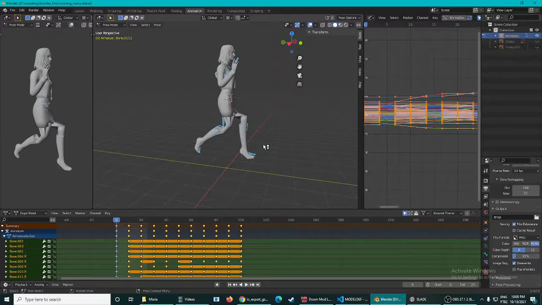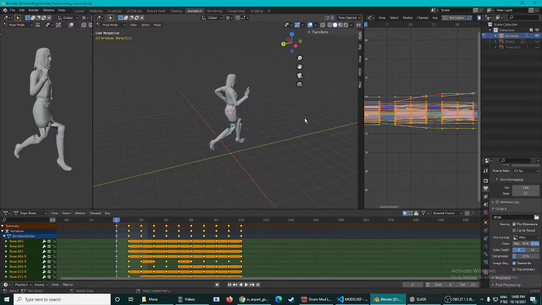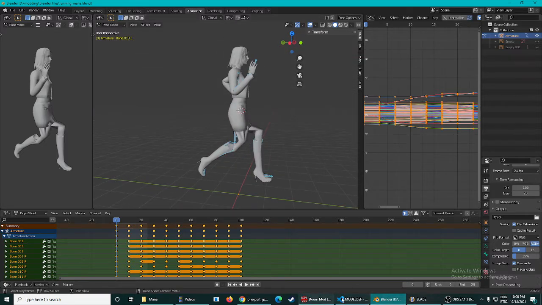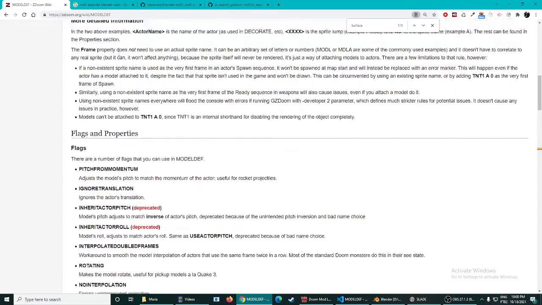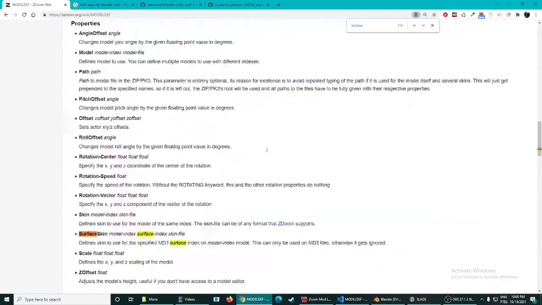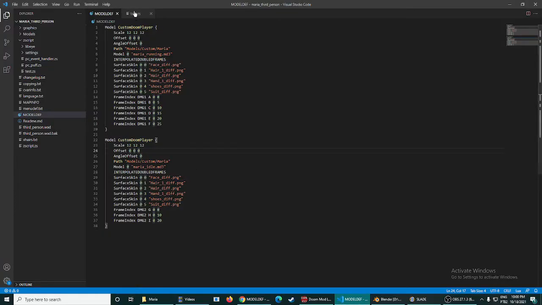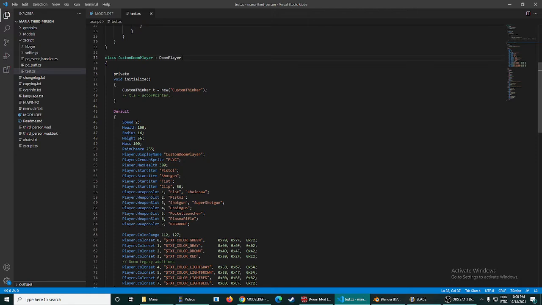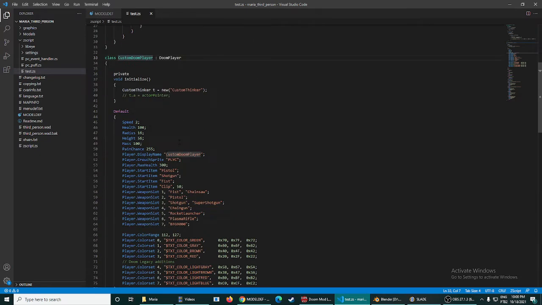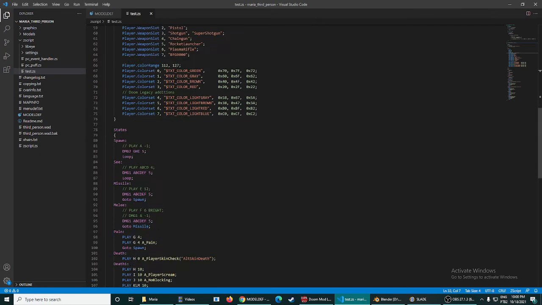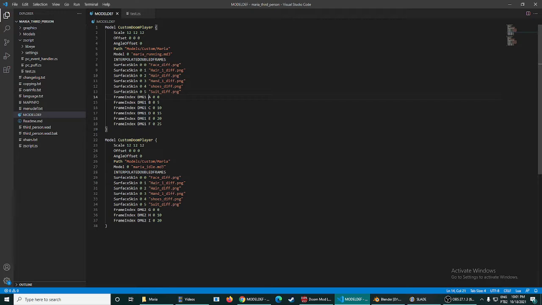So as you can see here, I've just made the crappiest animation ever using Blender, and just tweaking the model definition of the WAD file that I've learned from the wiki, and using frame index and surface index only, mostly. I mean, I've used the ZScript instead of the DECORATE. It's much more flexible and you can edit better. I think it's much more powerful than DECORATE, and you can specify the frame indexes from Blender